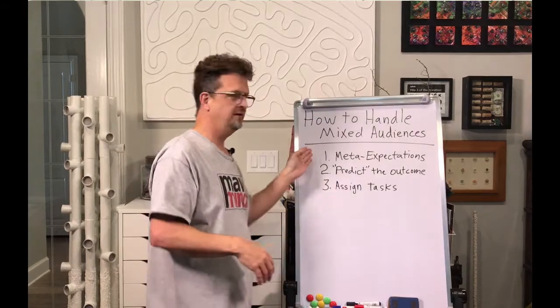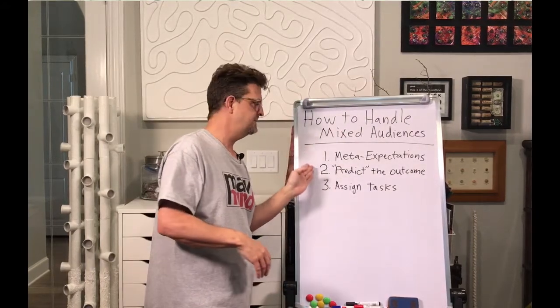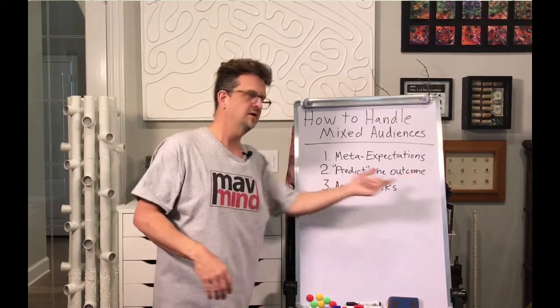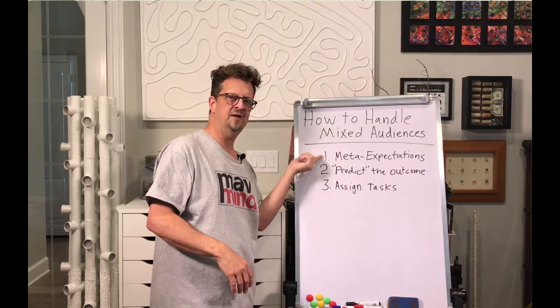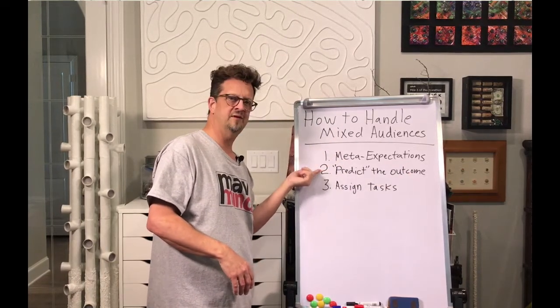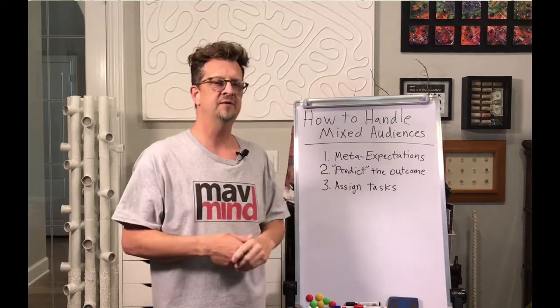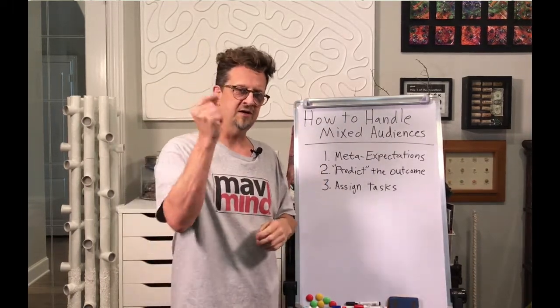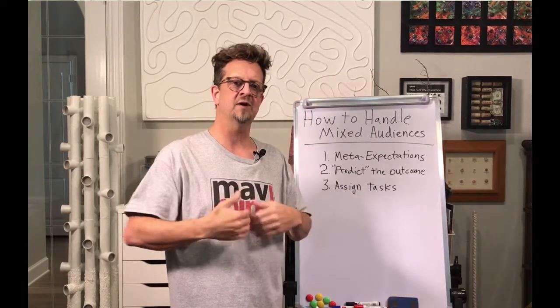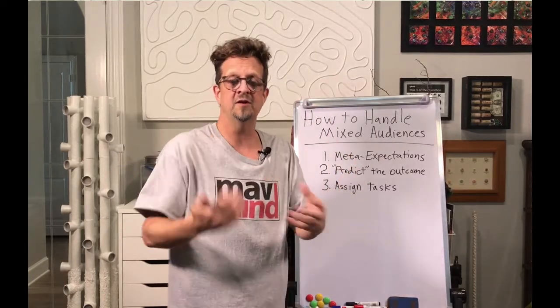So it's sort of like setting the meta expectations, but I'm predicting the outcome behaviors too. This is how we're going to behave at the beginning and during the meeting, and then I'm going to predict how we're going to be behaving at the end of the meeting. I predict that at the end of the meeting, it's going to click, and you're going to connect the dots, and you're going to realize what I've been saying is really the thing that you've been wanting to do this whole time.